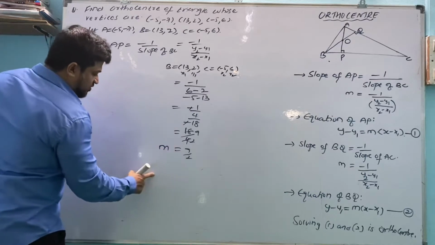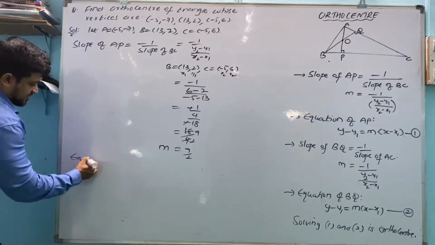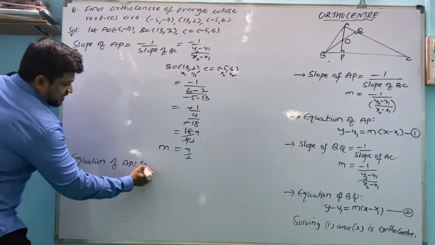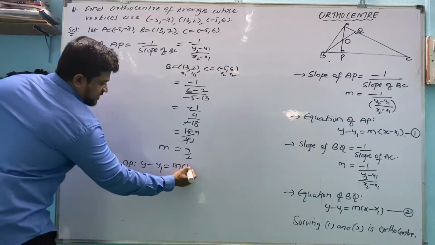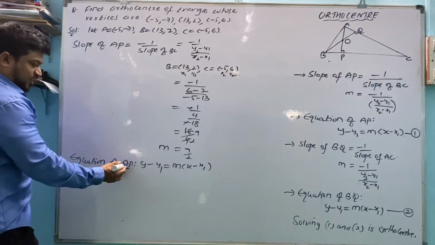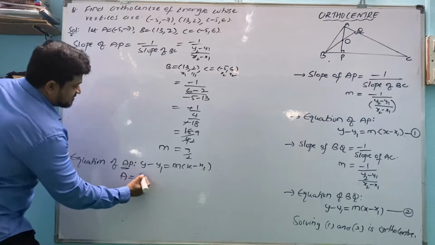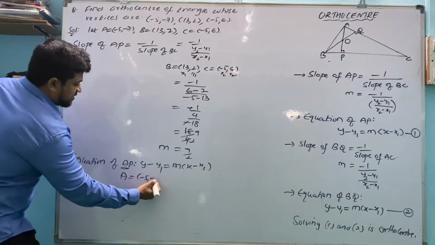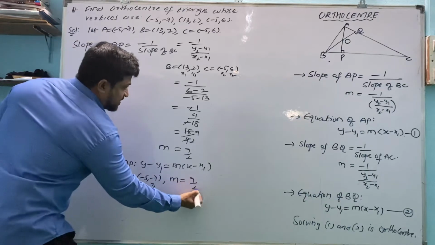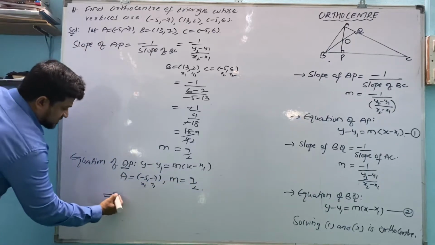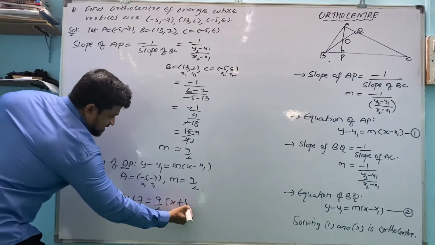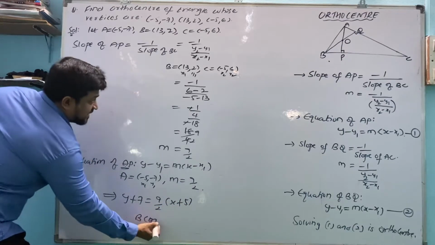Once we have the slope of AP, we have to find the equation of AP: y minus y1 equals m into x minus x1. Out of A and P we have point A, so write point A here: minus 5 comma minus 7, as x1 y1. Where is m? We just got the m value, that is 9 by 2. So the equation is y minus y1 equals m into x minus x1. If we cross multiply this,